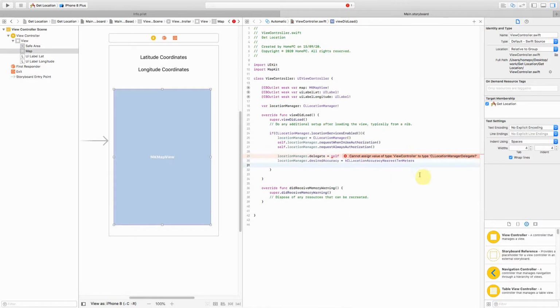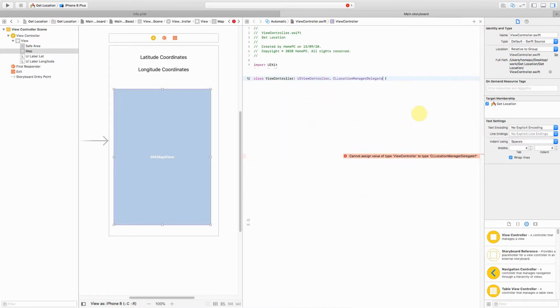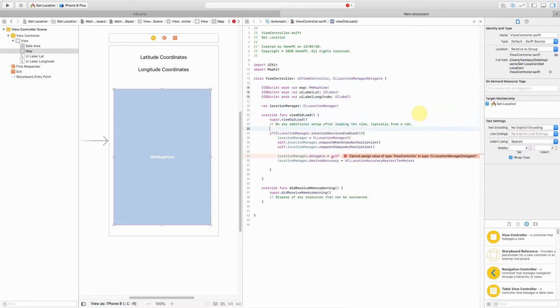That's the best. Okay, yeah, I was expecting that this will give an error, because we have not included this in our class here, and that's what we can do quickly. So we can just include whatever they are suggesting, the CLLocationManagerDelegate here, the first one. Perfect. Okay, so now I will proceed with my code.